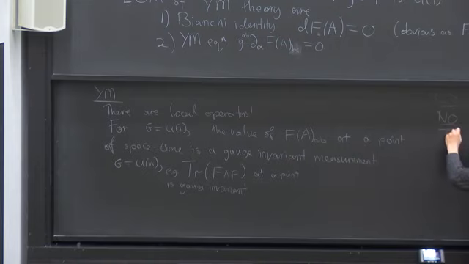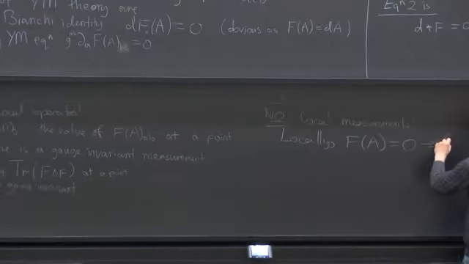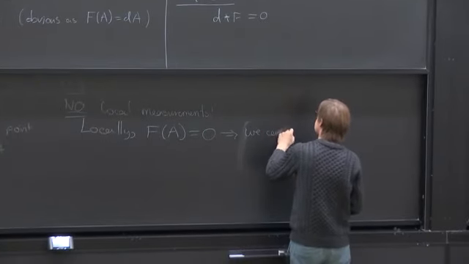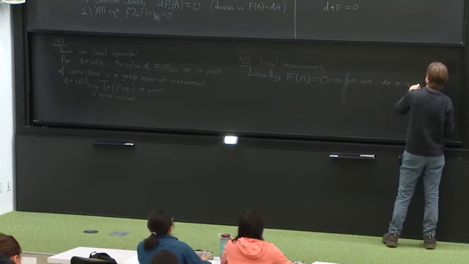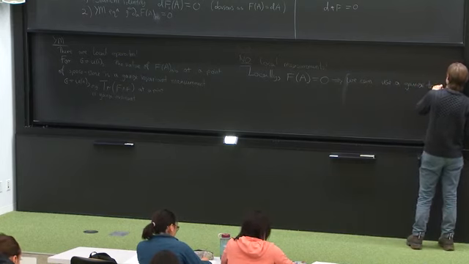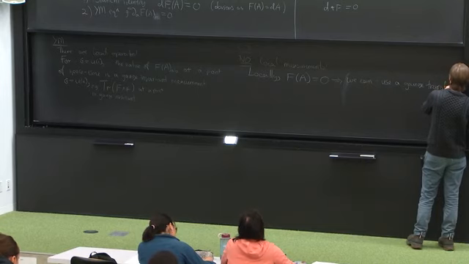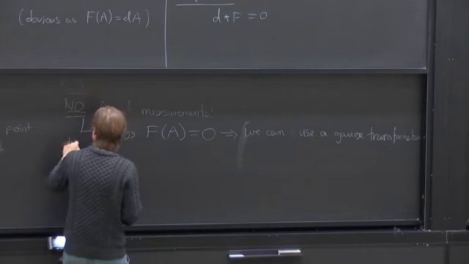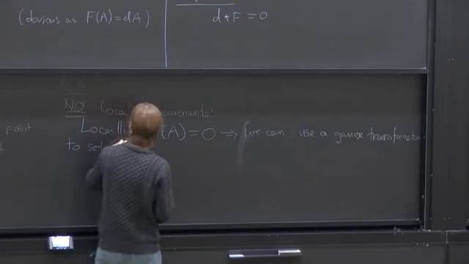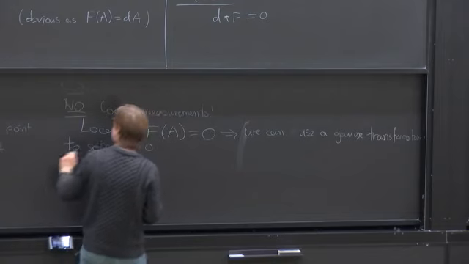So locally, the fact that F of A is equal to 0 implies that for any A, we can use a gauge transformation to set A equals 0. For example,